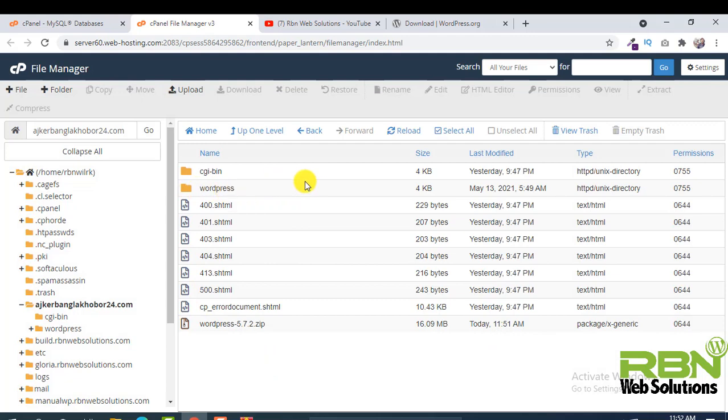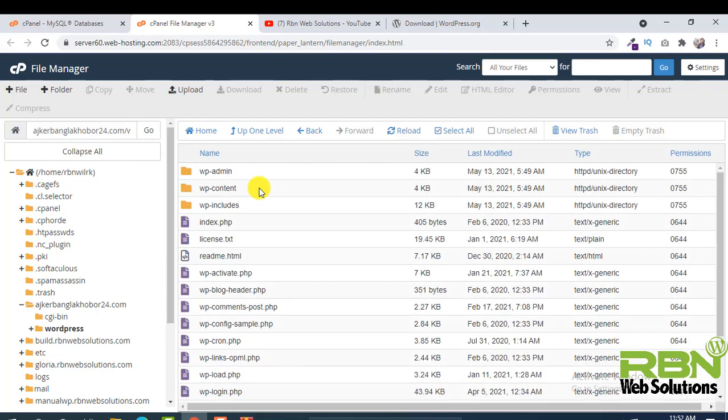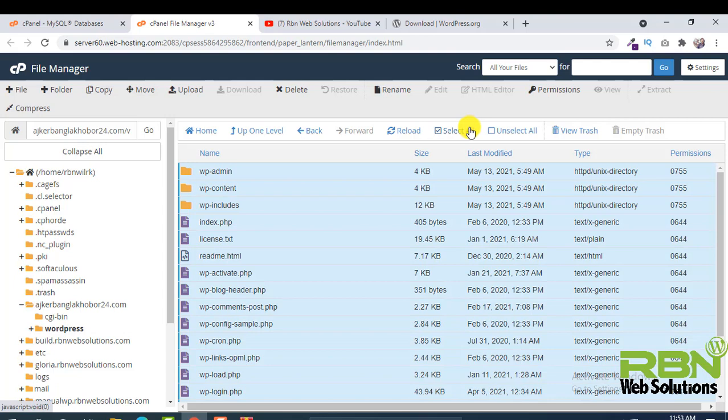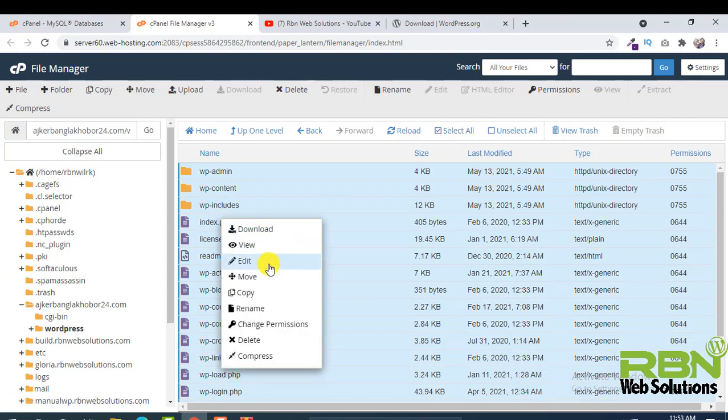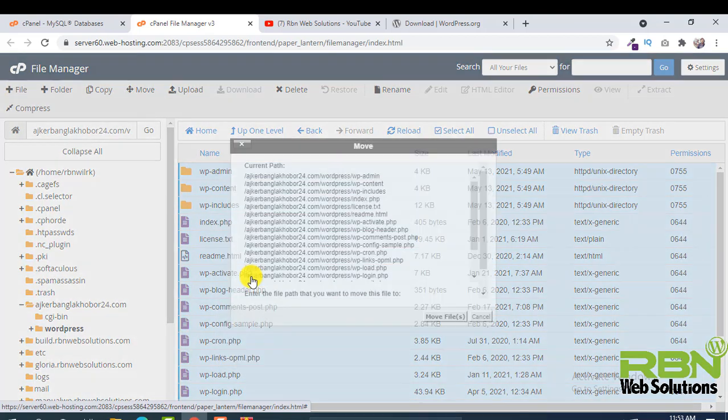Now WordPress files has been extracted, and then enter to WordPress and select all the files and folders. So we have to select, click on select all, then we have to move because it's inside the WordPress folder, but we have to keep this inside the domain folder directly.